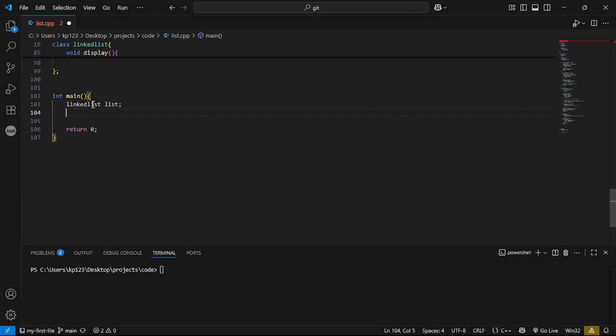We are creating a list which is of data type linked list, and we can access methods of this.